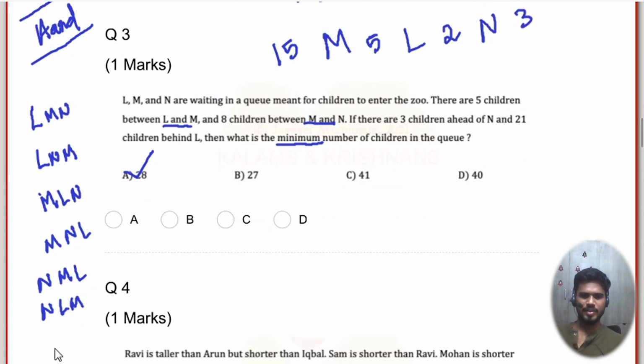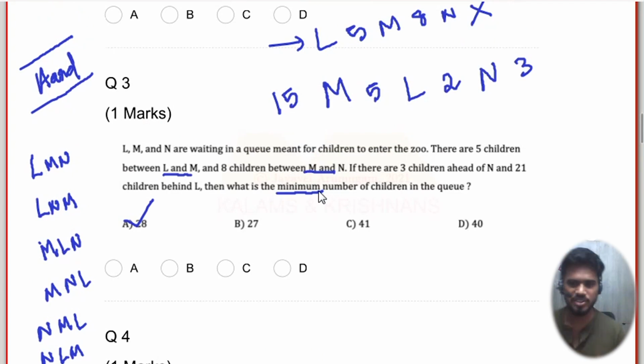Notice there is this combination involved. You have to consider each case manually and find the least case. Of course, for this to be a minimum, it's a good idea to put L in between. You don't have to write or check all the cases. If you do that smartly, you could do this very quickly. The best way to minimize the length of the queue is to put L in between M and N. If you see that, then you save a lot of time. You go ahead, else, get back to this question at the end of the paper, actual GATE paper.